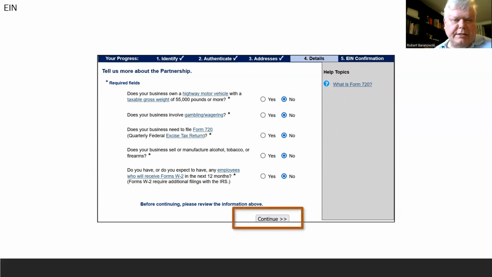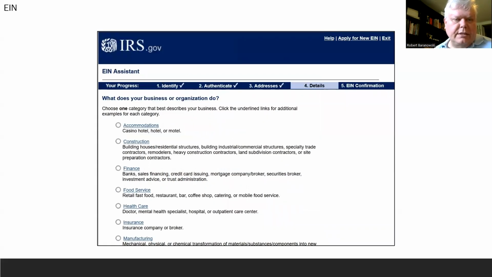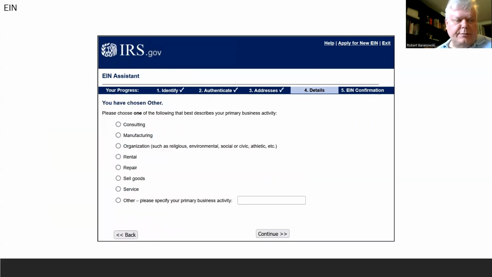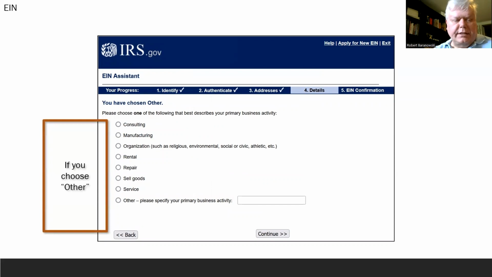Then you're going to click the Continue button to move on to the next question, which is, what does your business or organization do? You're going to choose one of these selections. If you choose Other, which is the bottommost selection, it will take you to another page with additional selections that you can choose from. And then you'll click Continue